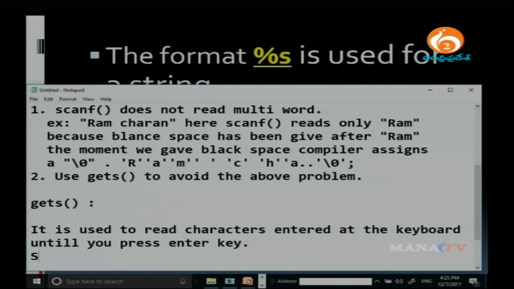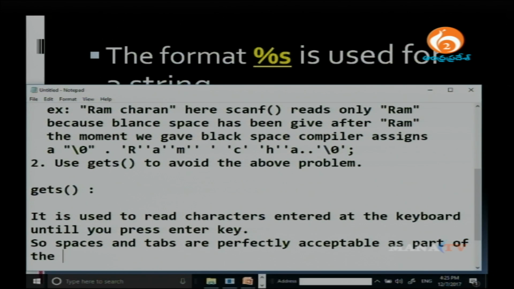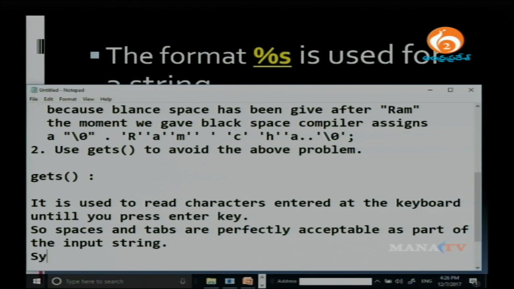So, spaces and tabs are perfectly acceptable as part of the input string.